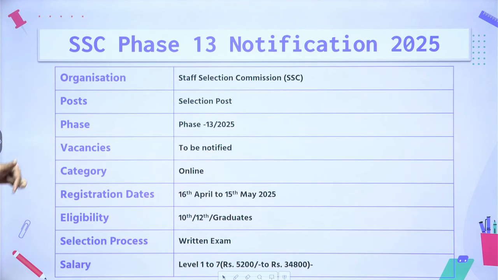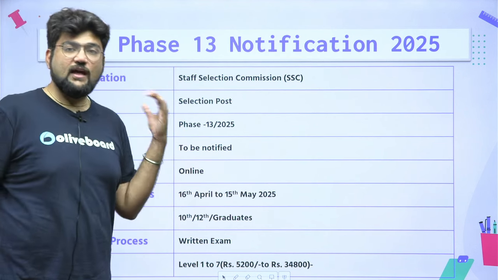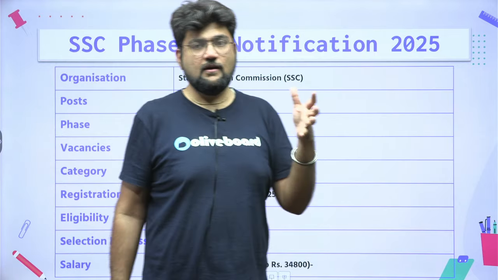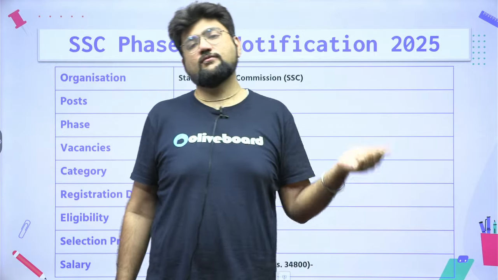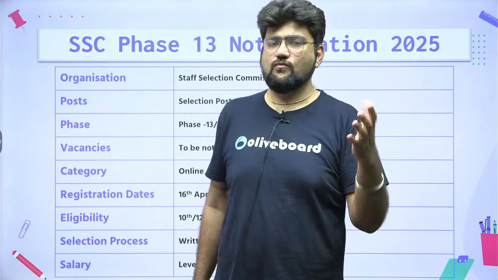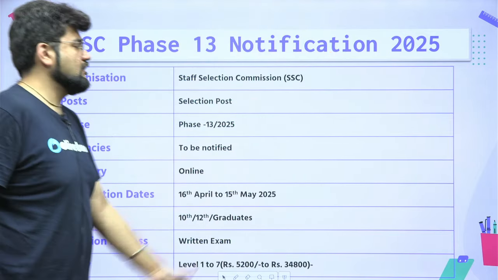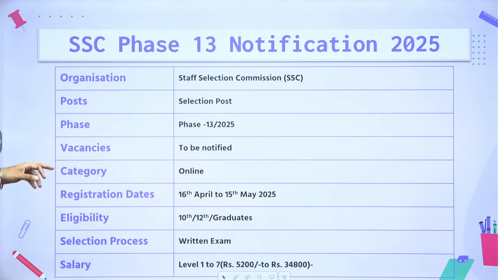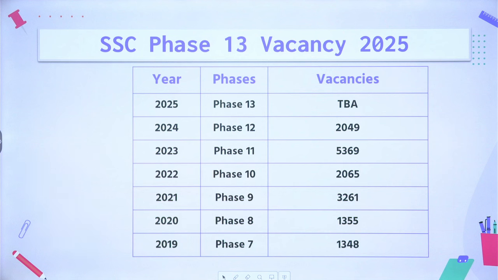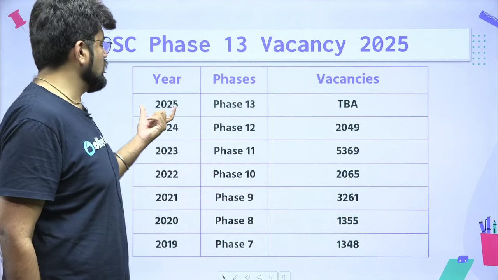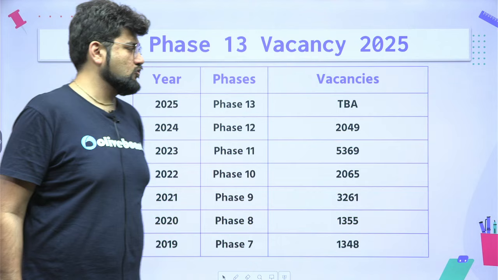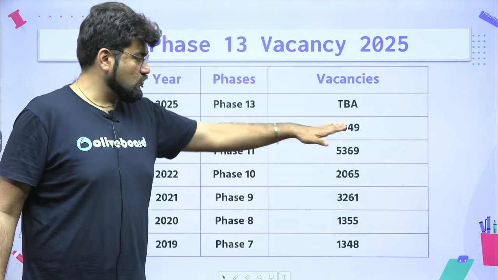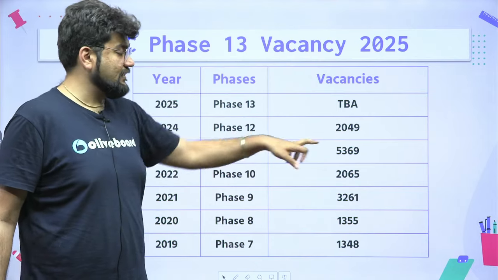This particular year 2025, this is phase 13. So every year they conduct it in phases. Last year was phase 12, the previous year was phase 11, and so on and so forth. So every year one new phase is conducted for the SSC selection post examination. This is what I have already told you, and these are the approximate vacancies which were released. In phase 13, it is to be announced. Phase 12 had 2049 vacancies. Phase 11 had seen the highest